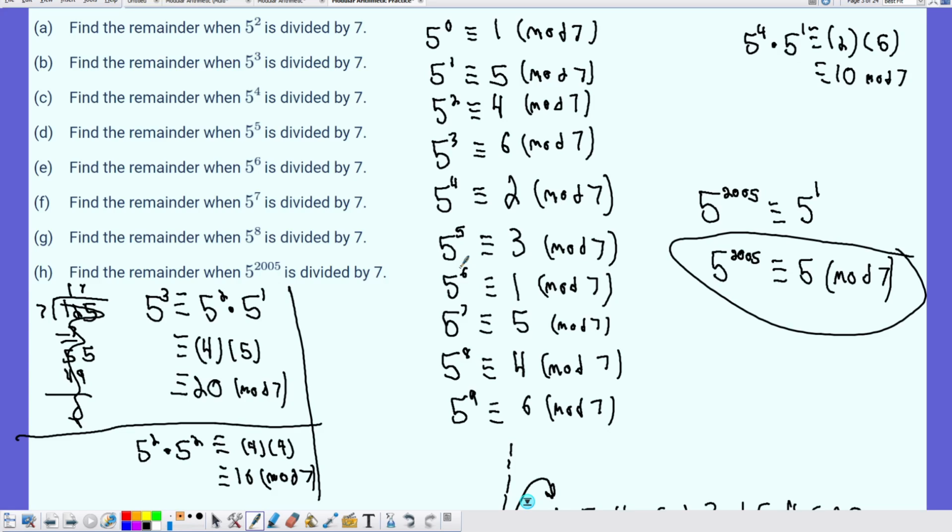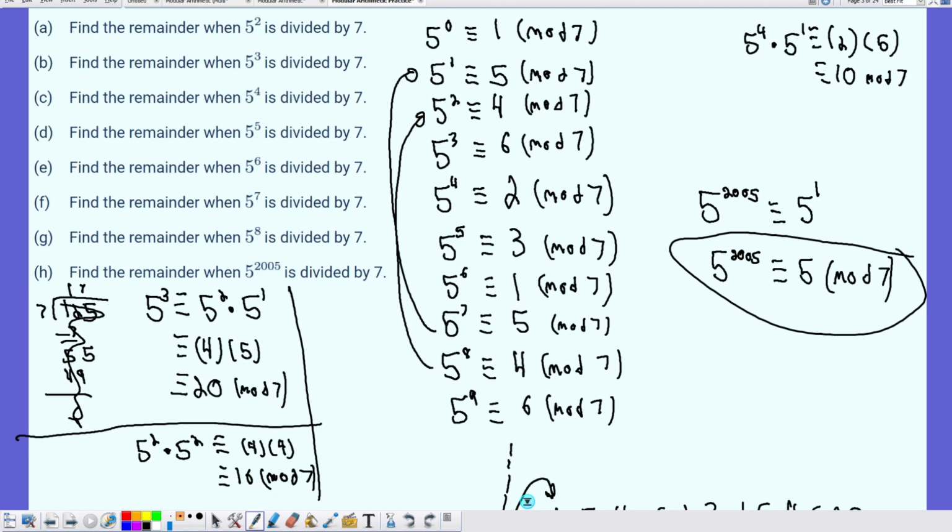And if we think in terms of mod 6, well, 7 mod 6 is 1, so it would correspond to 5 to the first power, which it does. 5 to the 8th: 8 mod 6 is 2, so it would correspond with 5 to the second power. And we just use that logic where the 2005 is going to correspond to the first power,